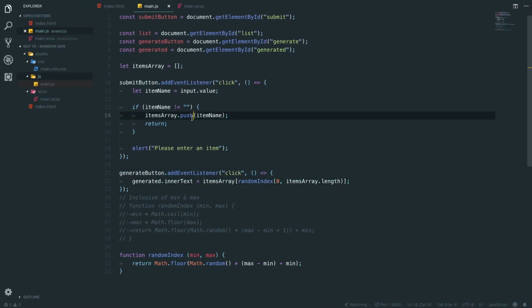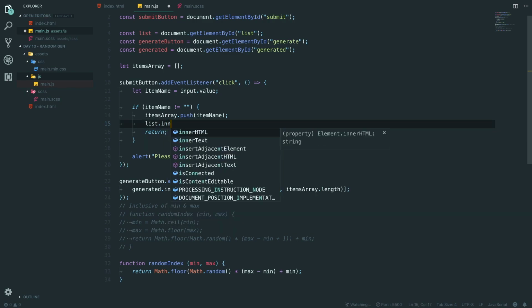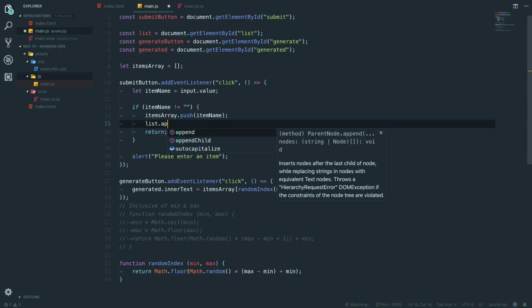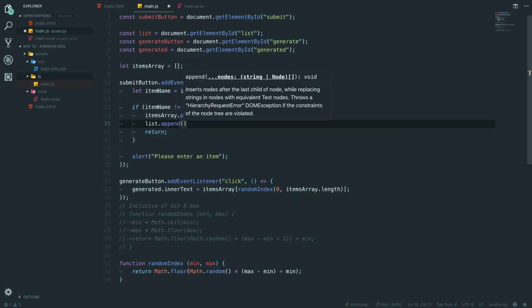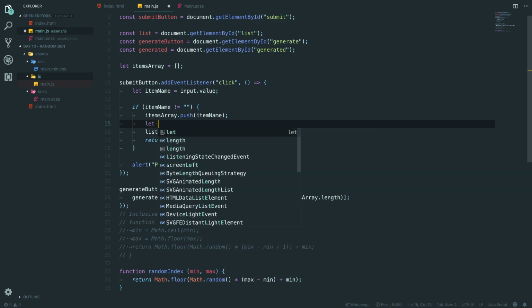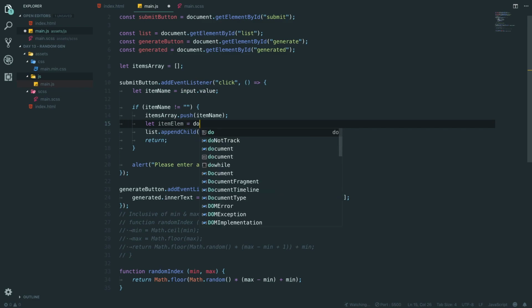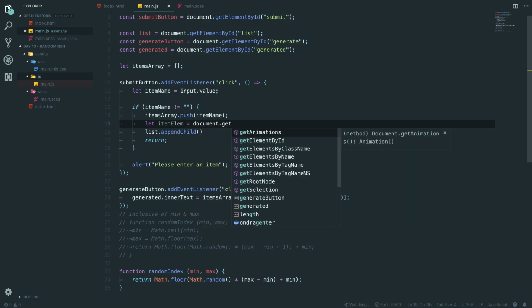We didn't actually list it in here. When we push the item, we also want to go list dot append child, and we want to create something here. So we want to say let item element equal document.get... No, it's going to be